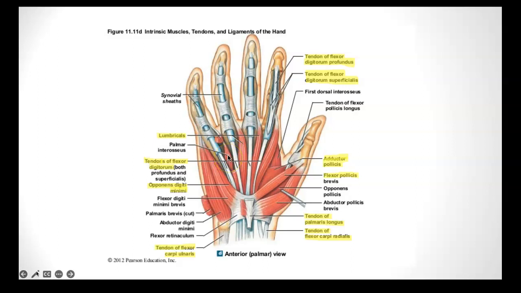What do you think it's going to do based on where it's positioned? Great. If you said it's going to adduct the first, second, fourth, and fifth digits, you'd be correct. And then it's also going to assist in flexion of the MCP with which muscle that we just talked about that does that? The lumbricals, right? So we have those palmar interossei, which will help with adduction, and we'll talk about the dorsal interossei when we